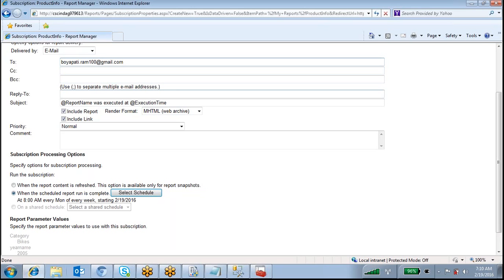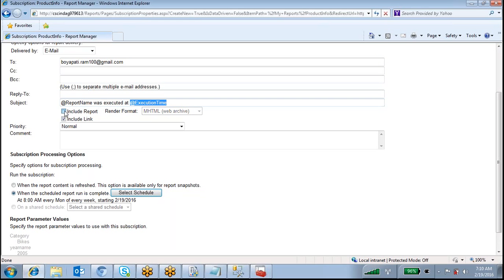Whenever you are separating them, you can separate like this, with a semicolon. After this, if they want to reply, that reply mail also you can put here. What is the subject? The subject means the report name comes here from this variable and the time it is executed. That is the subject line.